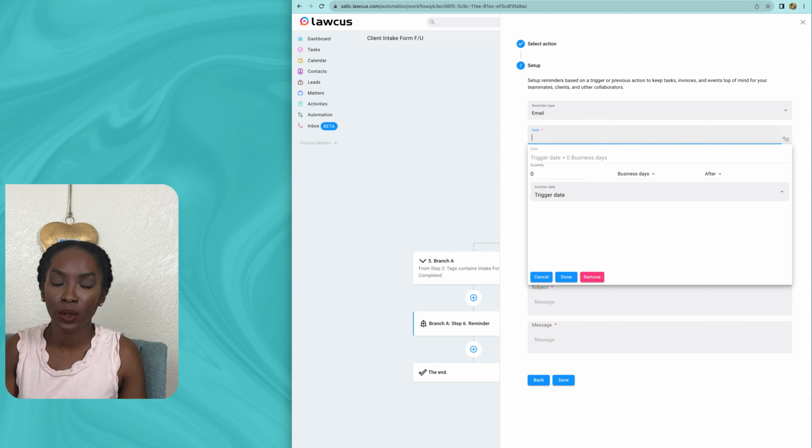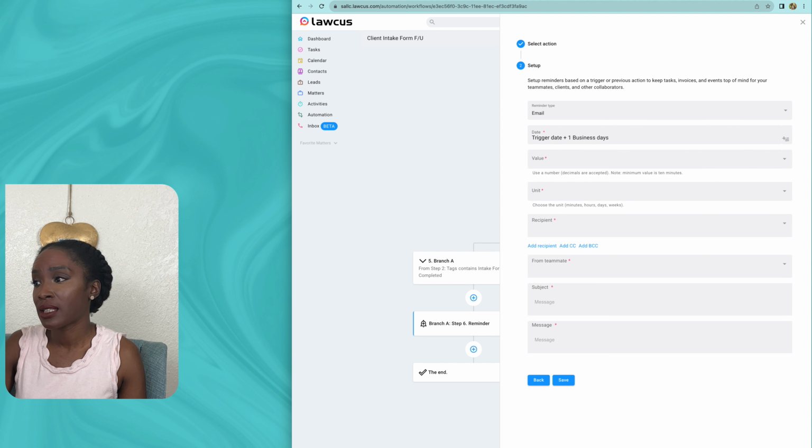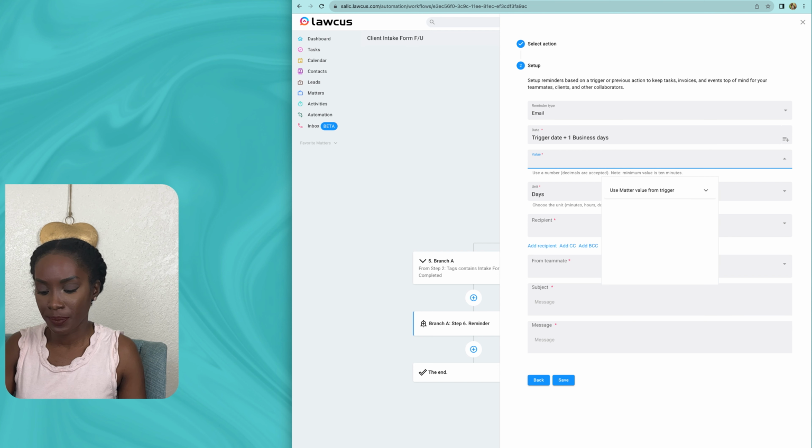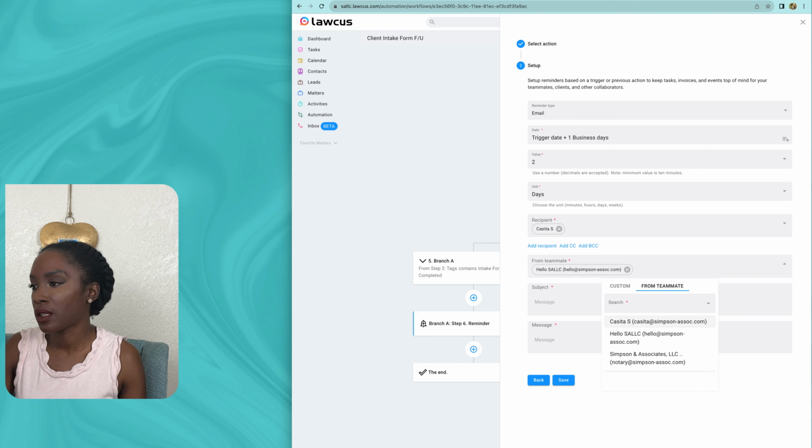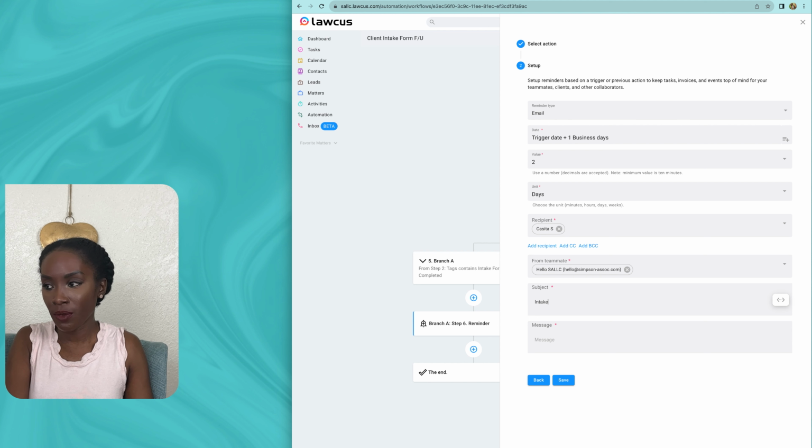So the attorney or the paralegal or whatever personnel staff is going to be working on this, or even yourself, we can have it add a reminder to begin reviewing the intake form to do whatever is necessary to come next. So what we can do is make it 1 business day and select done. We're going to make the reminder be for 2 days after the tag is applied. For this, I'm going to make it this person. And from, we're going to make it from hello. And we're going to say intake form